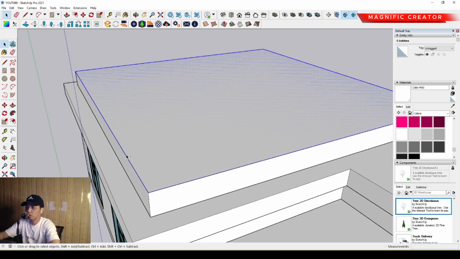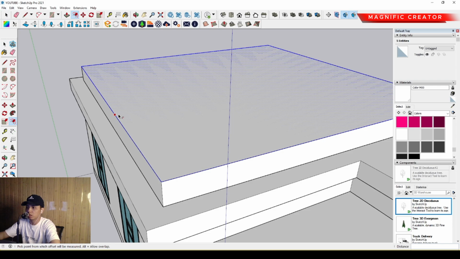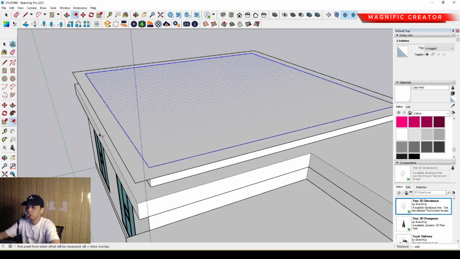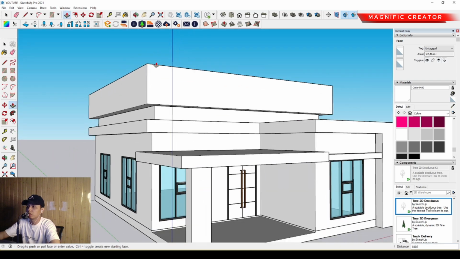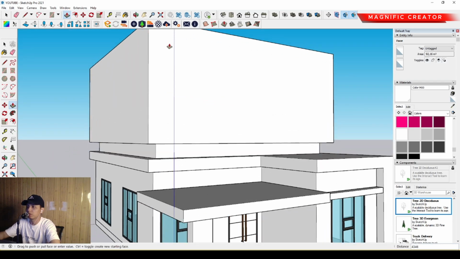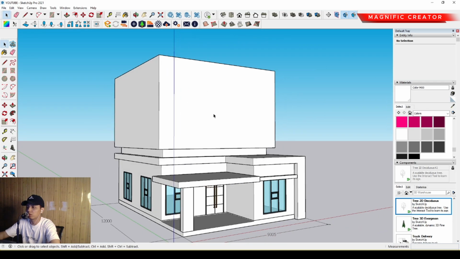and then we can select it all. So then we can offset it until this position. Then we can erase some unnecessary lines over there. Okay, and then we can push it up to the height we want, approximately, just a temporary height. So then we can make the